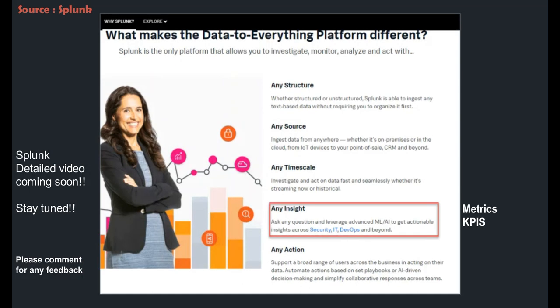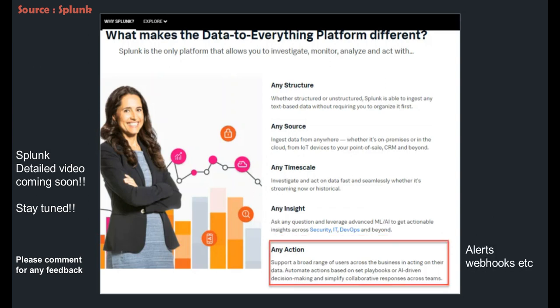We could bring metrics from the data, and that is useful for the efficiency of our business. And finally, we could act upon the data based on the events coming from various data sources. We could write certain conditions or certain validations and act upon the data. Maybe it could be generating alerts in real time and alerting the teams on the malicious activity or unexpected behavior based on the data available in Splunk.